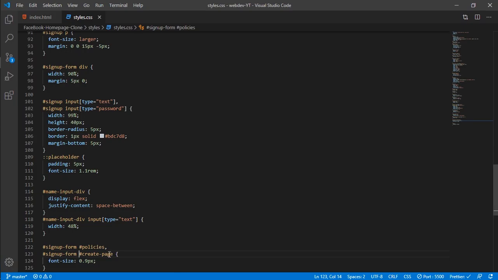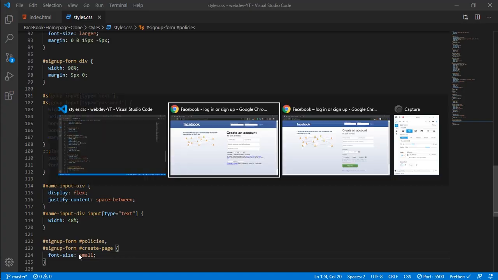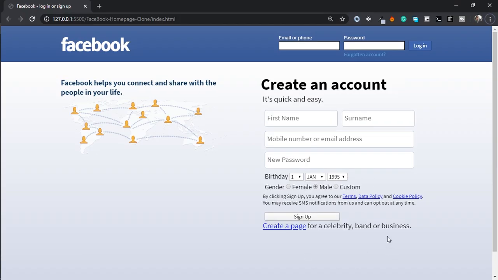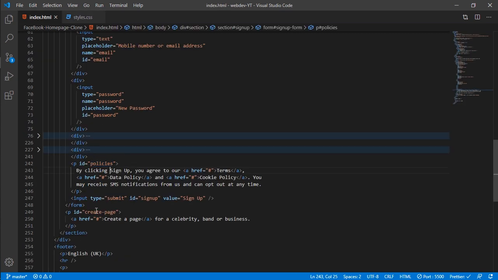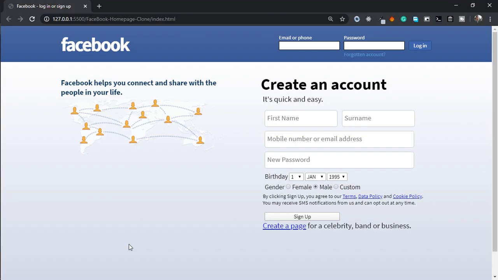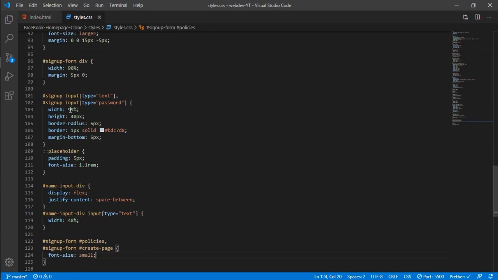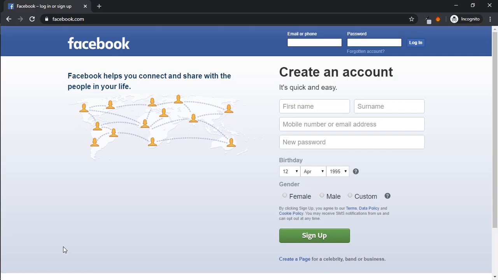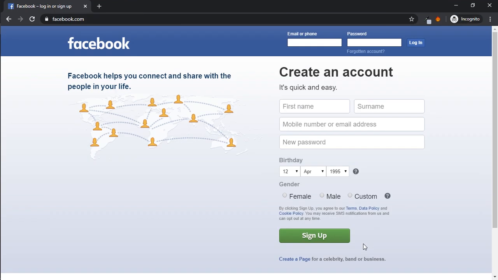Yeah, it did. Okay, let's see, small. Okay, why is it not selecting this now? Is it outside the form? Yeah, it's outside the form. Let's go with sign up. Yeah, now let's,